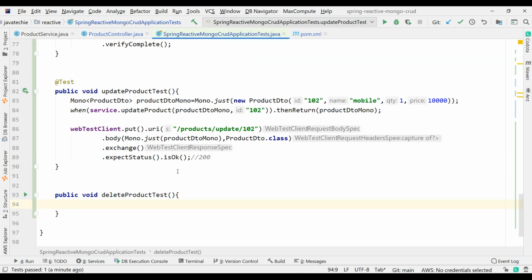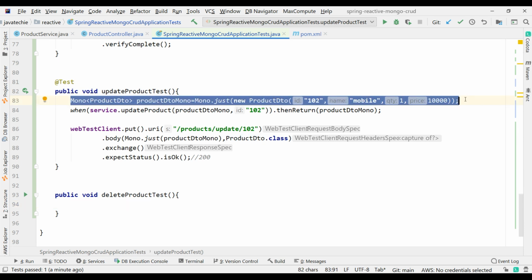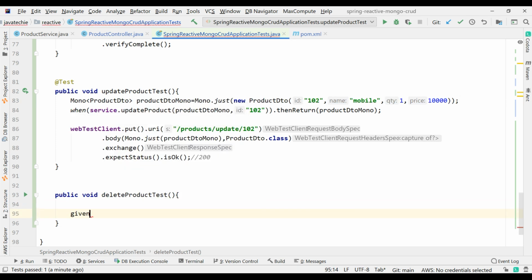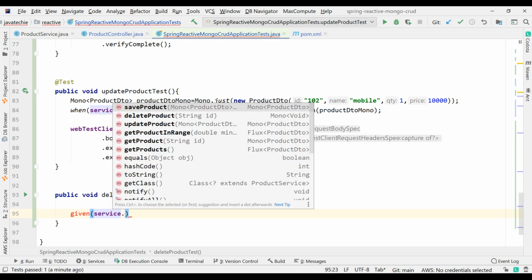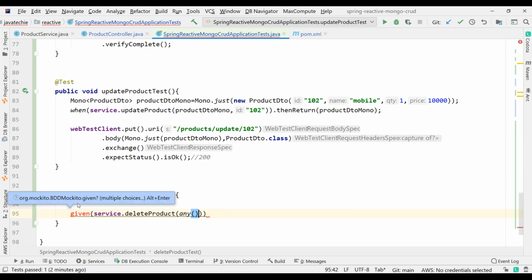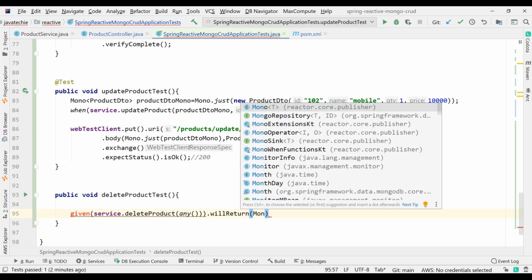So what I will do, I will just create one Mono of DTO class. Even this is not required. I can directly bypass the API call. Given service.deleteProduct of any, then, or else I can write, will return Mono.empty.